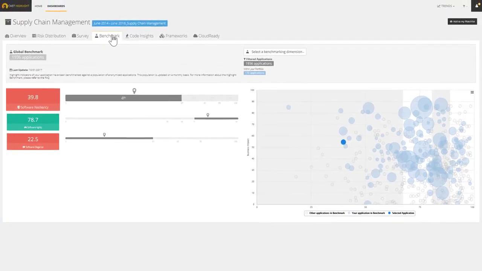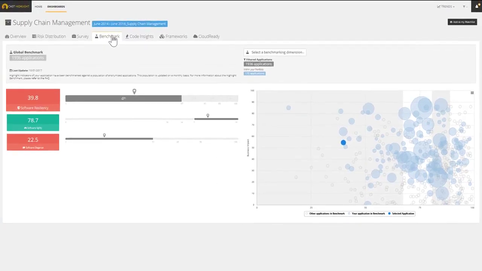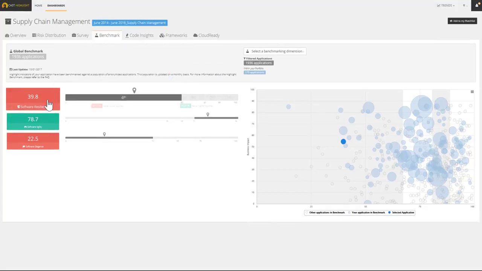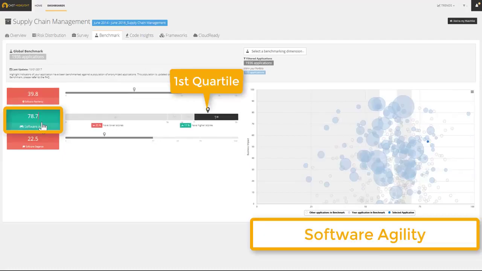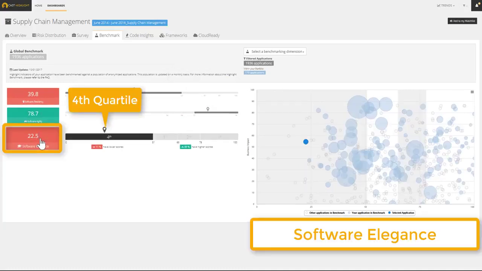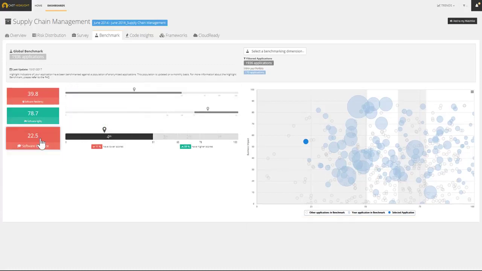For each health factor, we can spot in which quartile the application lies. This application lies within the 4th quartile for software resiliency. Still, for the same application, we can click the software agility tile to refresh the bubble chart and see that we are doing quite well by placing within the 1st quartile. Lastly, for software elegance, we lie within the 4th quartile, which means there is certainly room for improvement by reducing